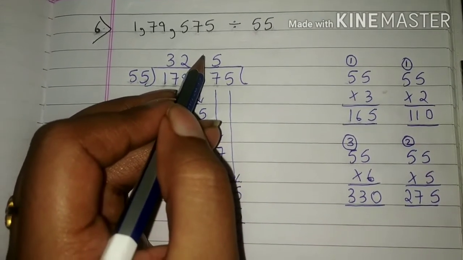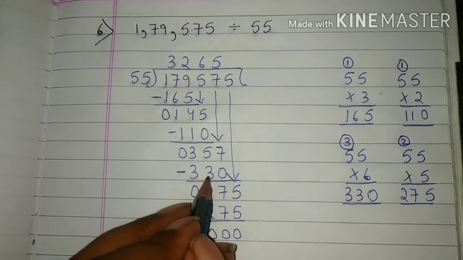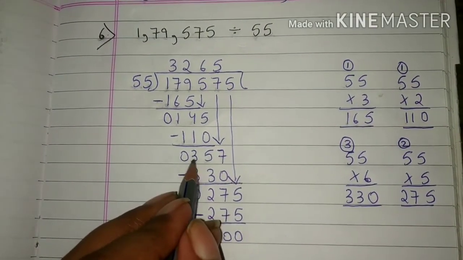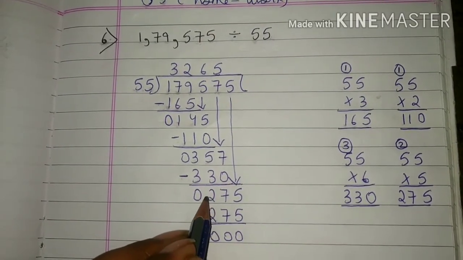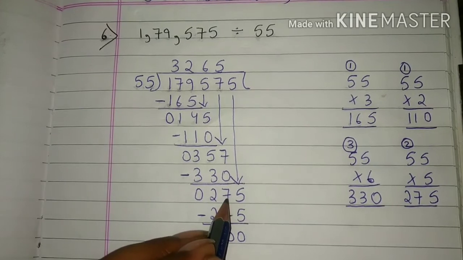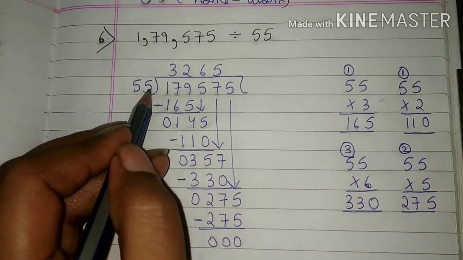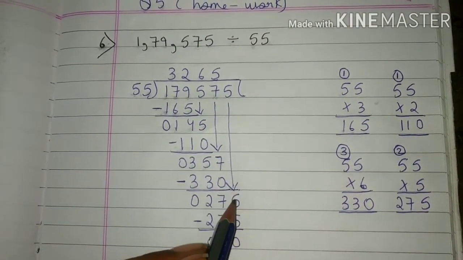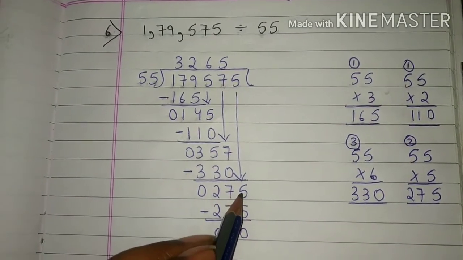Students, we will write 6 here and we will write 330 here. Now we will subtract the number. 357 minus 330 will give 27. Students, 27 is smaller than 55. So we will carry down next digit, that is 5 here. Now number becomes 275. Students,